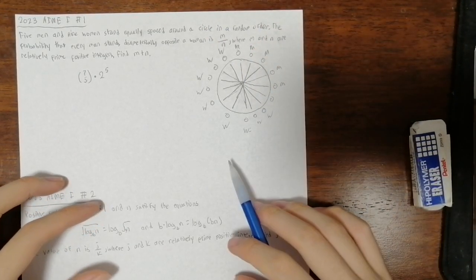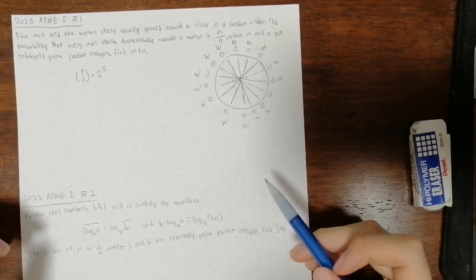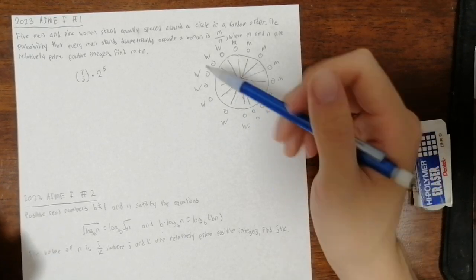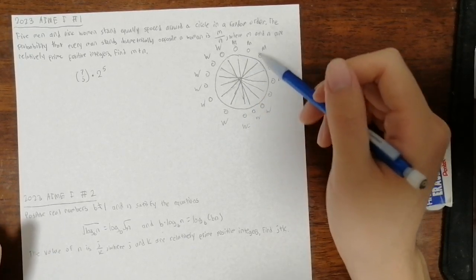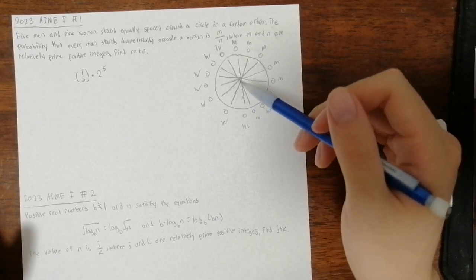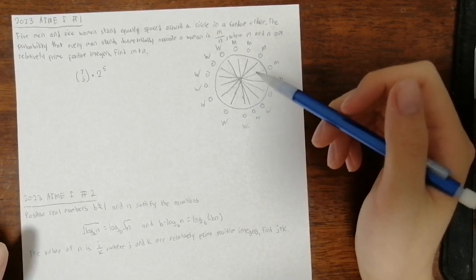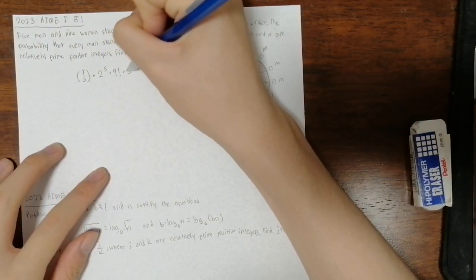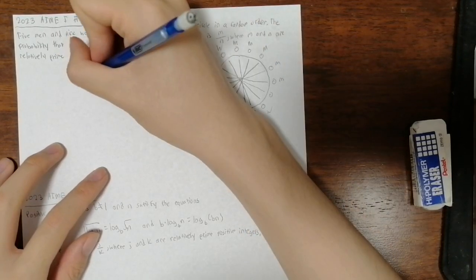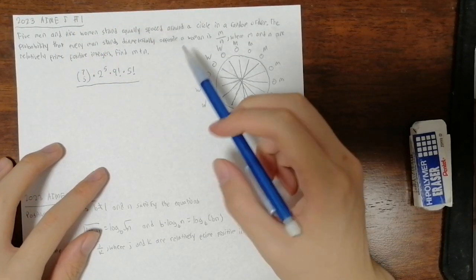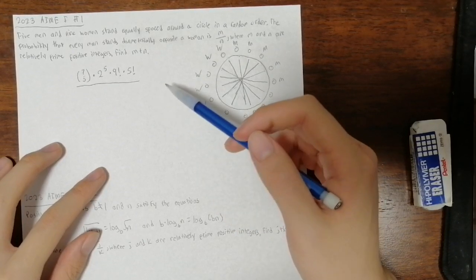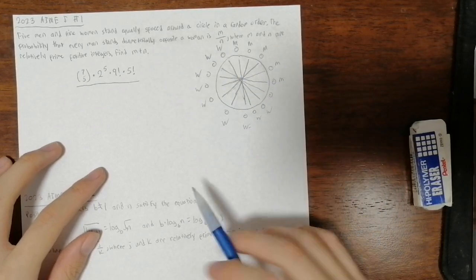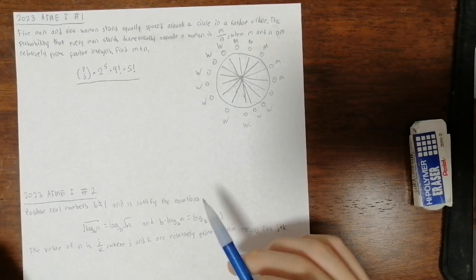Okay, well, I don't know where I messed up, but anyways, to arrange all the men and women, assuming they're not identical, we have to multiply everything by 9 factorial for the women and 5 factorial for the men. And so this is the total number of arrangements that satisfy the condition. Now we have to find the total number of arrangements, and that's much easier.